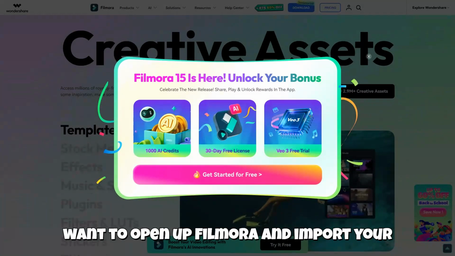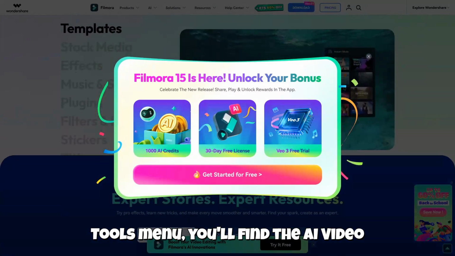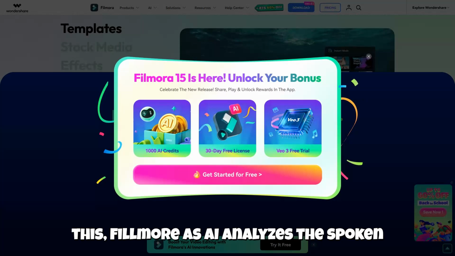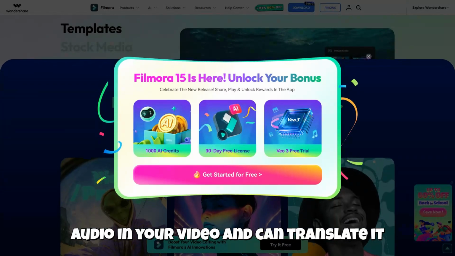To get started, you'll want to open up Filmora and import your video onto the timeline. Under their AI Tools menu, you'll find the AI Video Translation feature. When you select this, Filmora's AI analyzes the spoken audio in your video and can translate it into your target